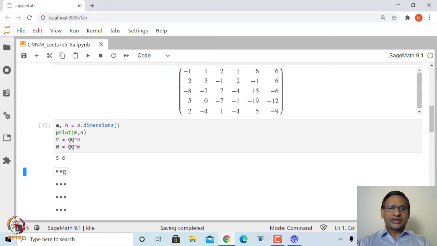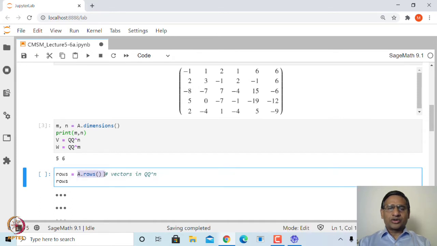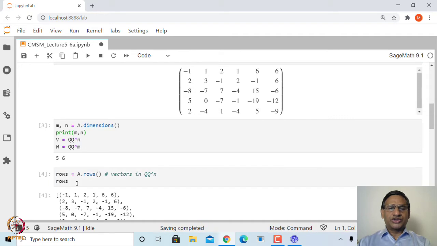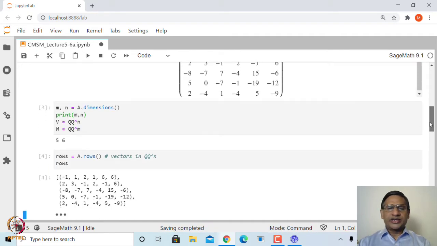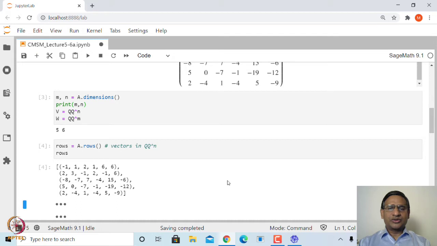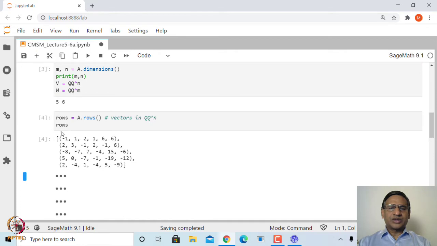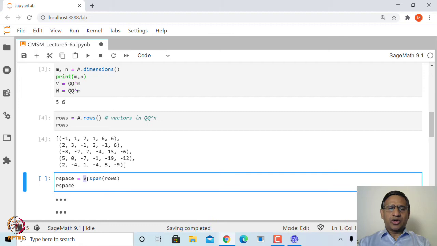Next, let us look at the rows of A. A.rows will extract all the rows of A and convert them into vectors. Each row is going to be a vector in Q^n, that means Q^6. We have these 5 rows, so we can find the subspace spanned by these rows using V.span of the rows vector.